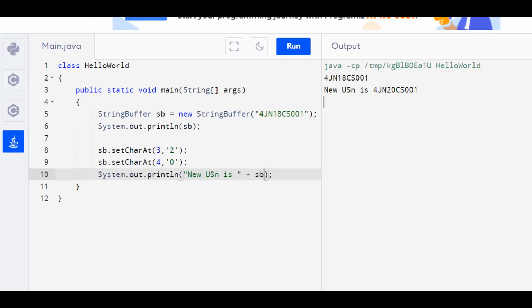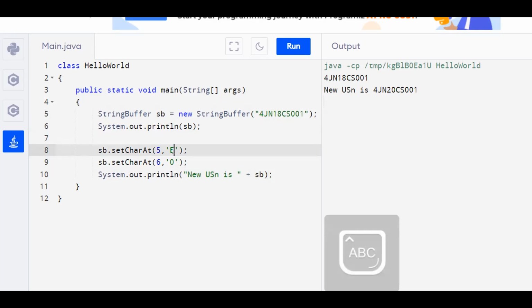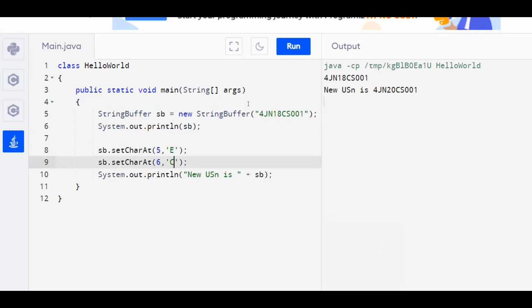If we want to change the branch from CS to something else, we can do it. The index locations will be 5 and 6. So instead of CS, we can make it EC. You can observe it has changed from CS to EC.